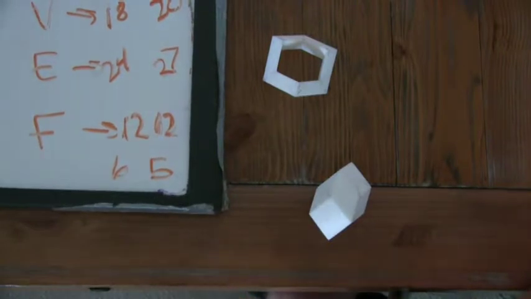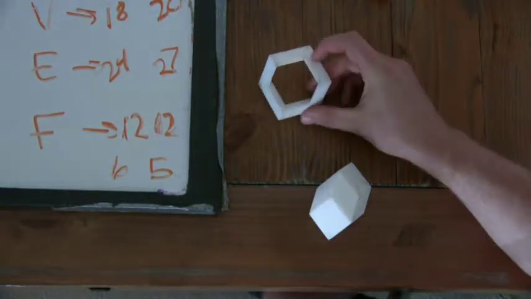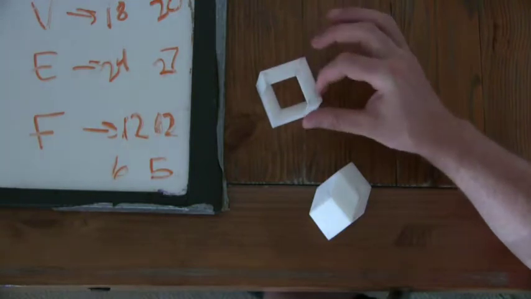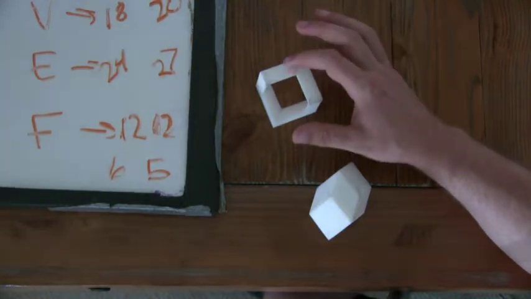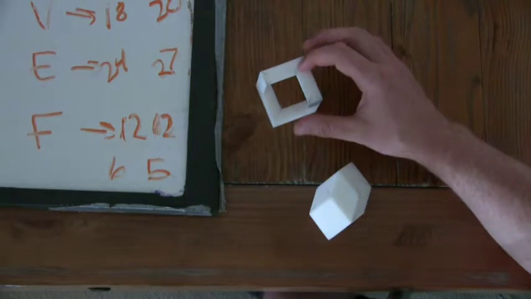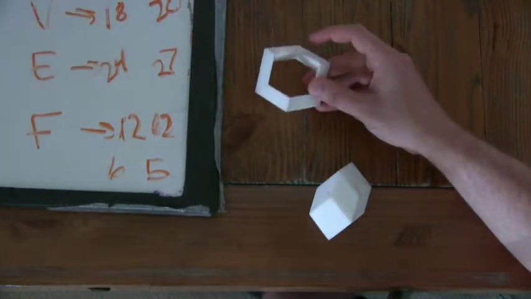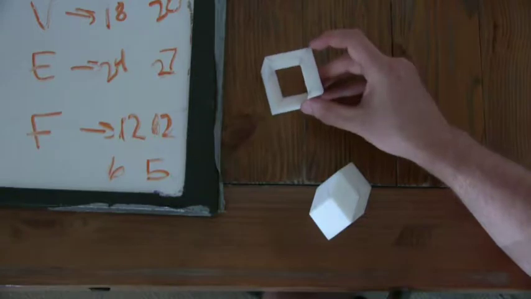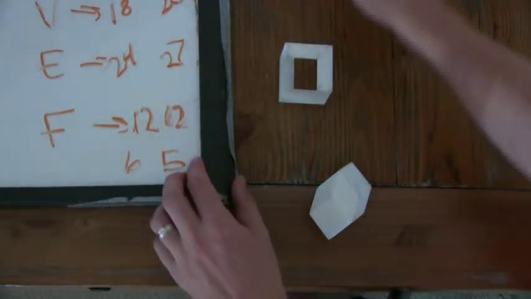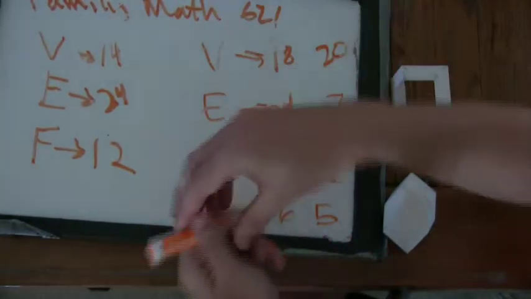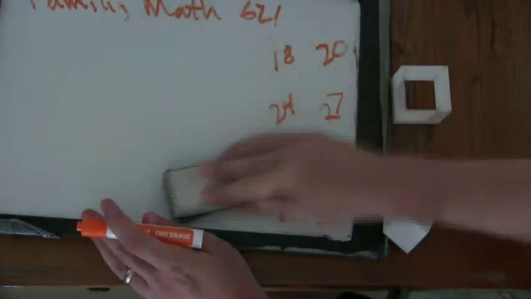All right, so what we're going to do to resolve this is we're going to build this shape out of Zome, and we're going to count the struts. Now that's going to change things a little bit because what was one face here is going to be chopped up into several faces. But that's okay, that shouldn't change the Euler. And we're in agreement on the faces anyway. Well, but let me just real quick show you that if you have something like this,